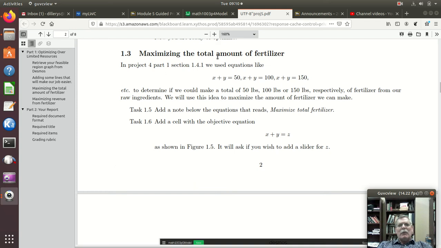Now we want to maximize the total amount of fertilizer. Again, this just really comes from project 4, and in that we looked at the feasibility of making, say, 50 pounds or 100 pounds or 150 pounds, and these equations modeled that